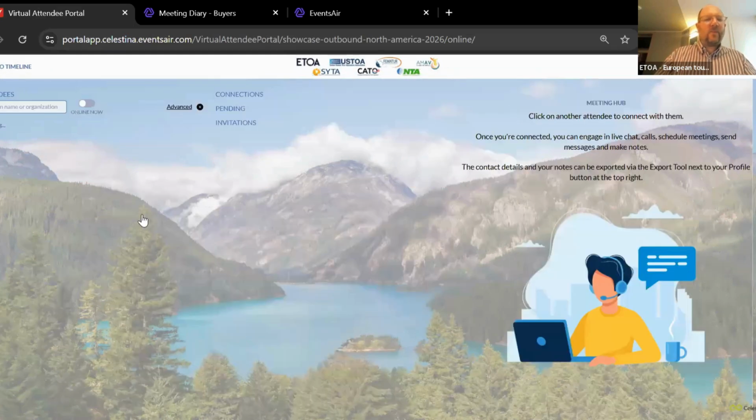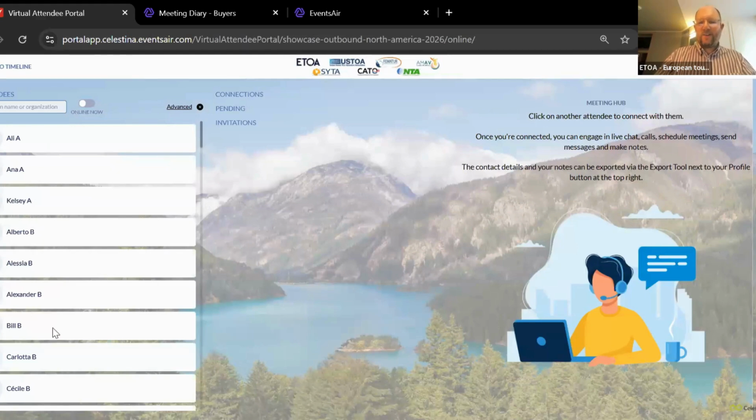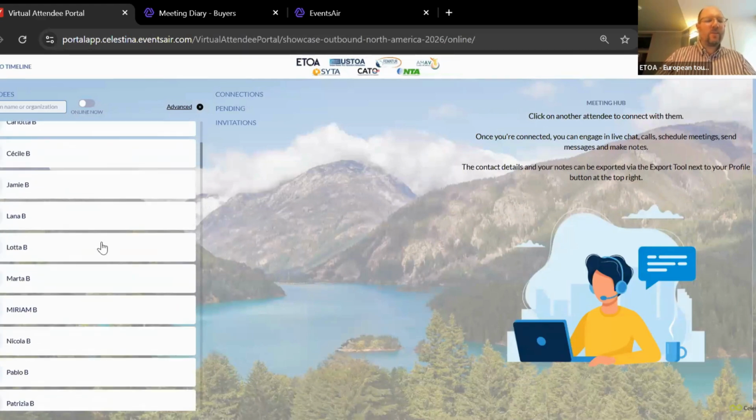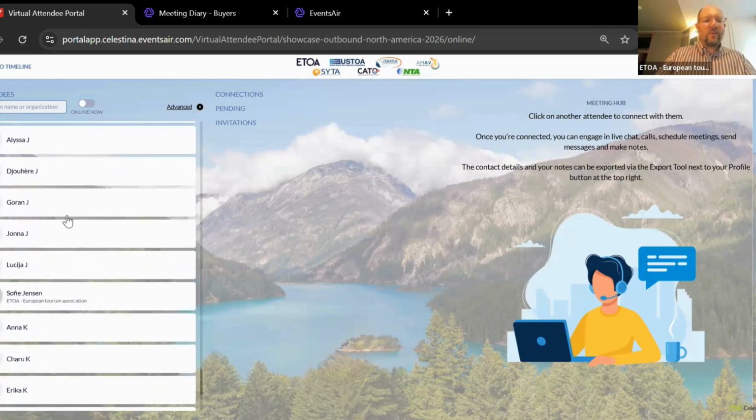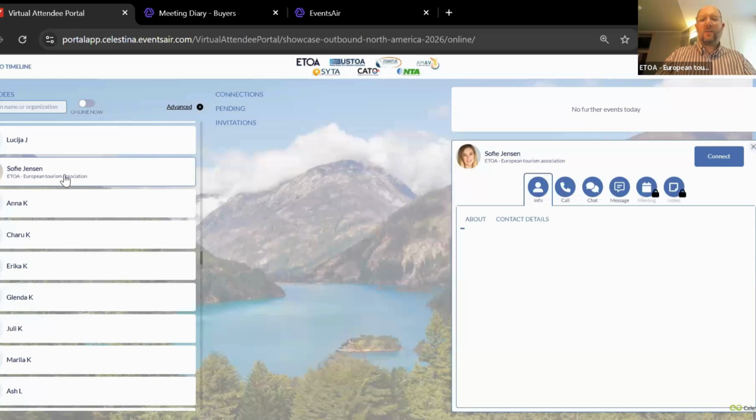Additionally, we have the meeting hub. Obviously, it looks a bit quiet here because we haven't launched yet, but everybody who's participating will be here. This is why I said it's really important to update how you're presented, with your photo and a bit more description, maybe your full name. Otherwise, it does look a bit cold when we come to it. I can see my colleague Sophie here has already updated, and you can see how that stands out a bit more with regards to finding people in the list. Their registration type will be listed on here.